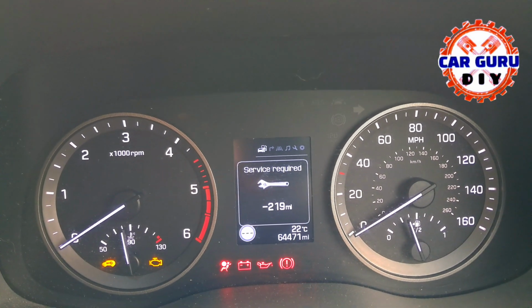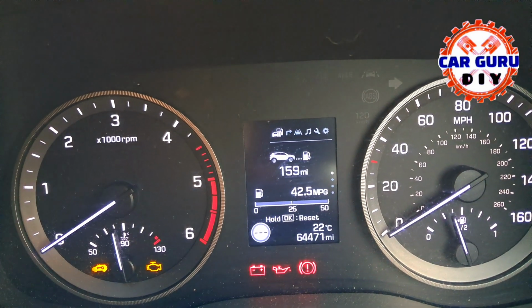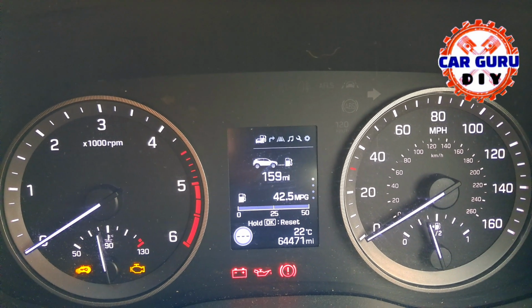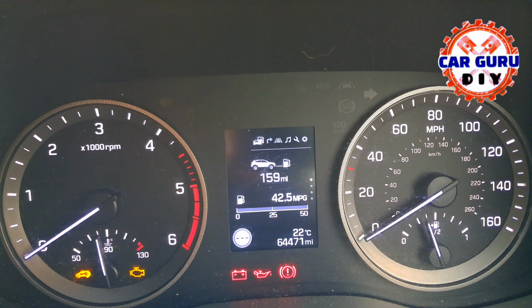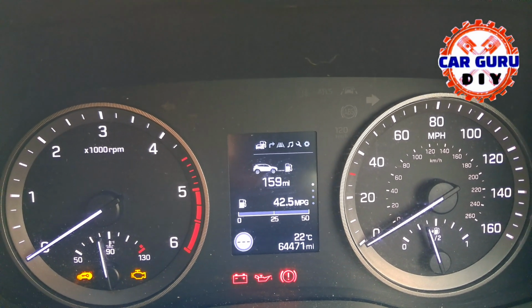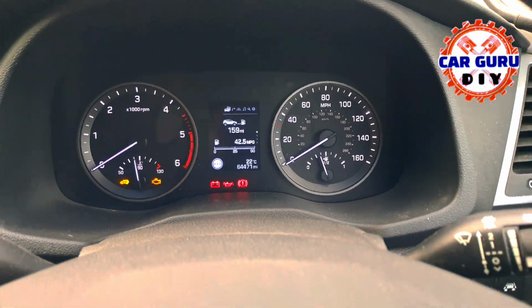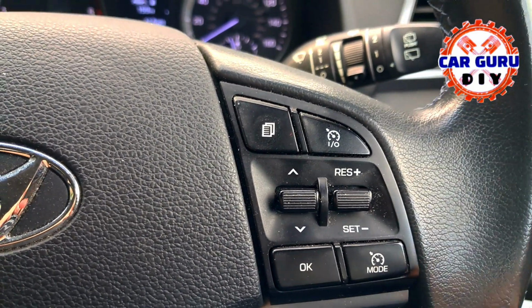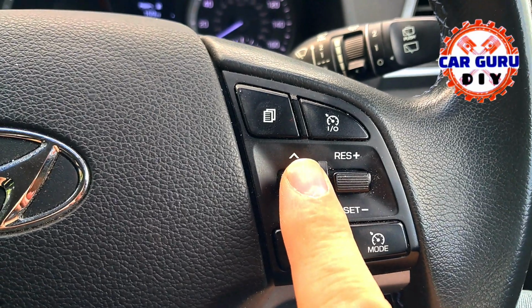Like you see on my dashboard, mine is 290 miles, so the oil should be changed 200 miles before. Anyway, let's go. For the reset oil change reminder, you will use this knob